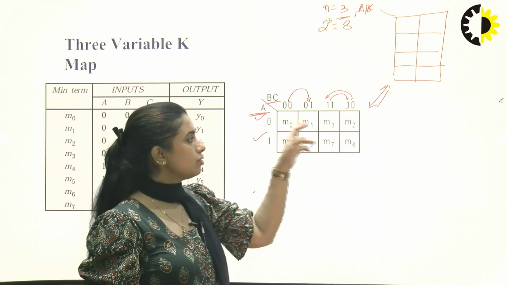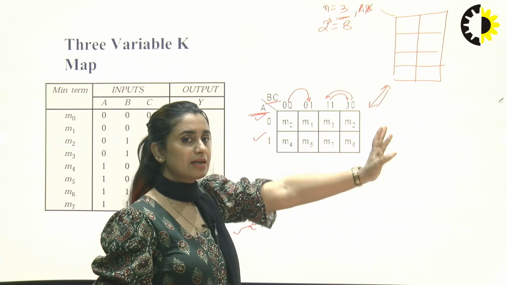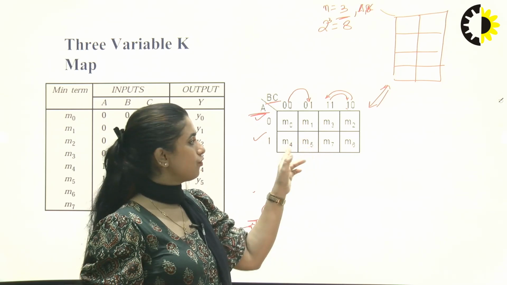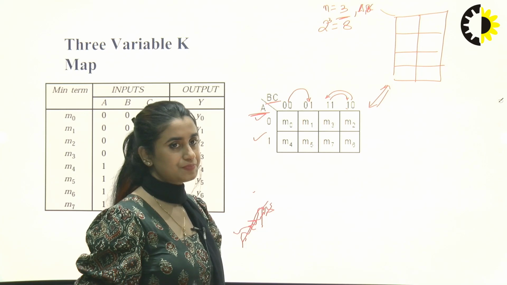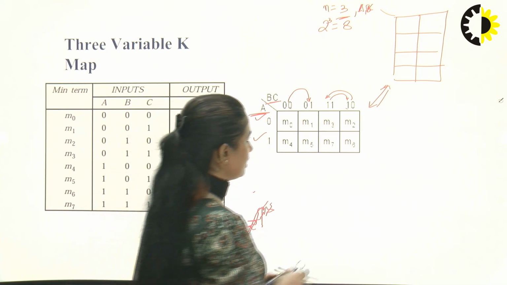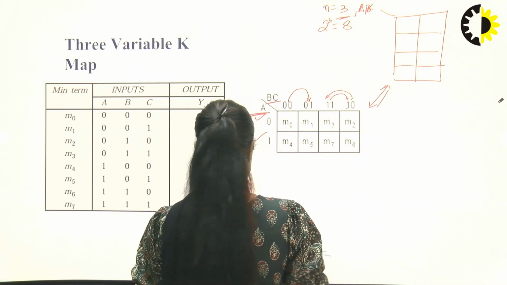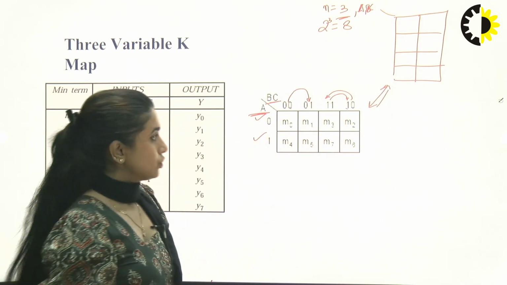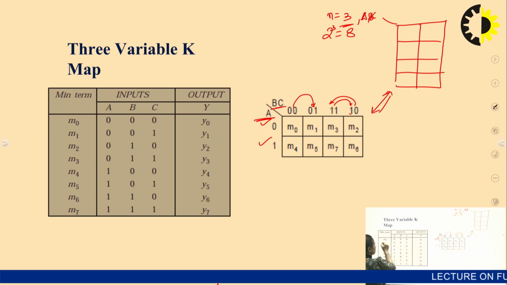So we have M0, M1, and we name them right away the way it has to be. So it's 0, 1, 2 and then 3. Likewise 4, 5, 6 and then 7. I hope it's clear. So we have M0, M1, M2, M3, M4, M5, M6, M7, and let's see how we can make the designation.